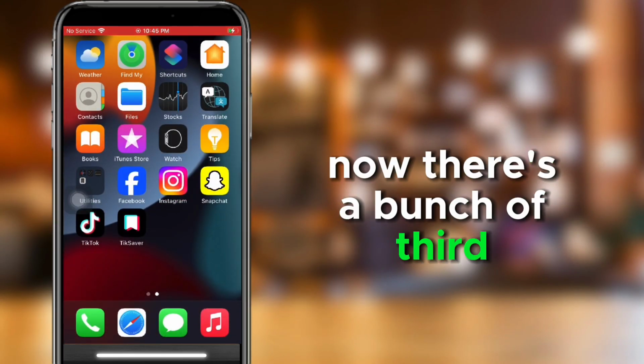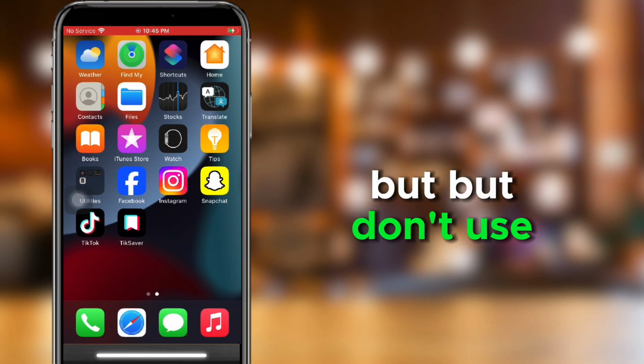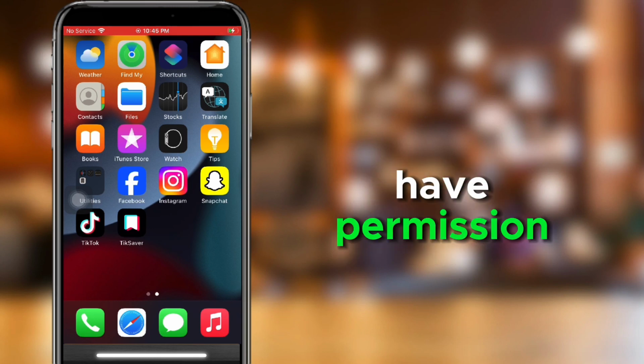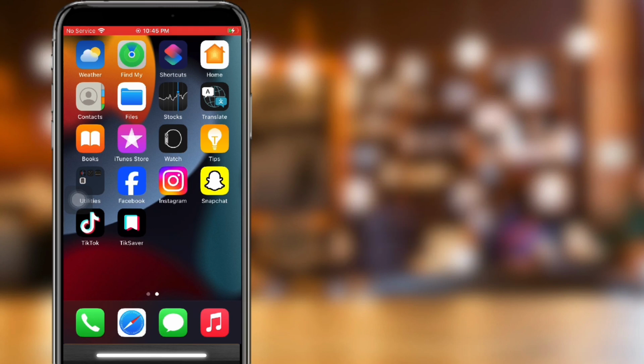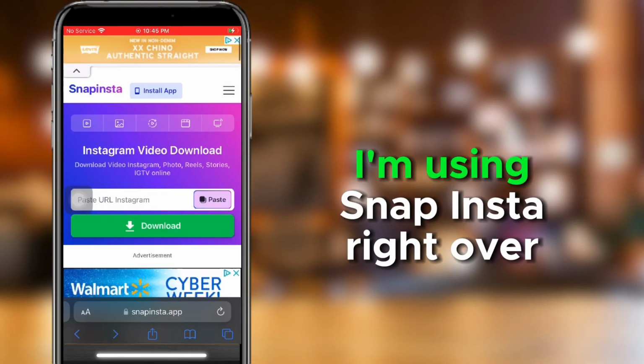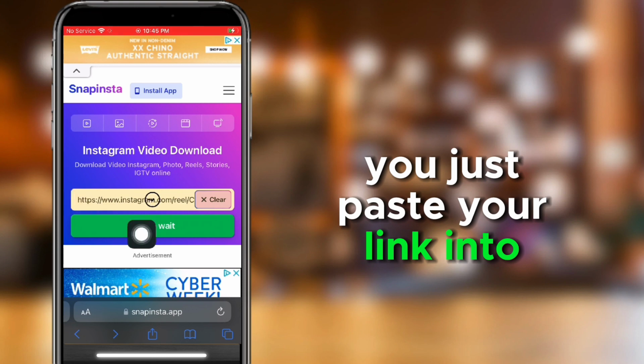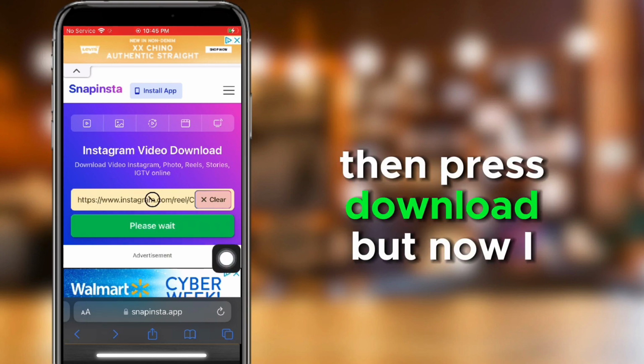Now there's a bunch of third parties that you can use, but don't use anyone's content unless you have permission. Click Safari. I'm using Snap Insta. Right over there, you just paste your link into the space bar, then press download, but